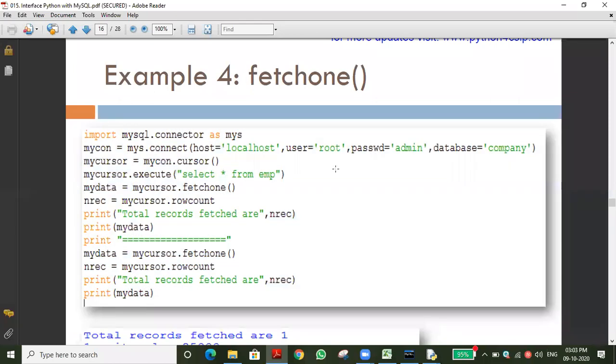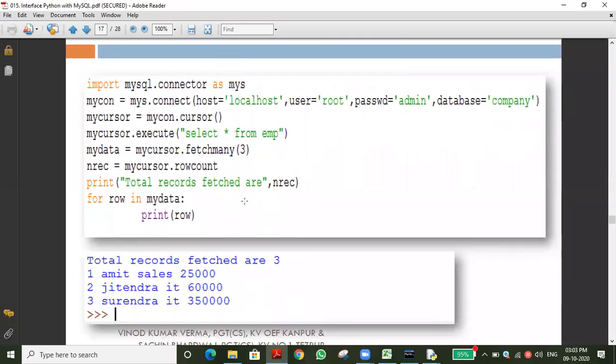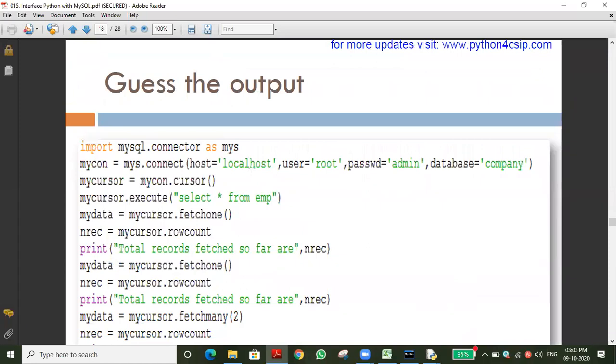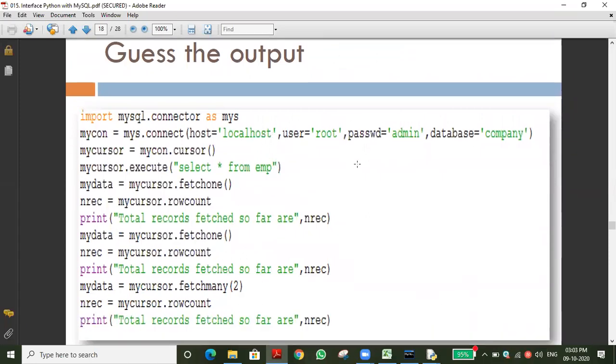So these things we have completed: fetch one and fetch many. If you want to print in a different way, that's also possible. Now take the screenshot. What will be the output? Try to guess the output they are asking. Take the screenshot. Today's task is to find the output. You can create your own table, likewise Hassan, Salem, next name, another city. You know now what the table is. Then you can write the output for that, what will get printed.